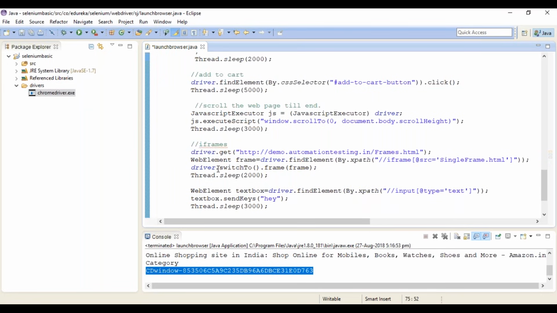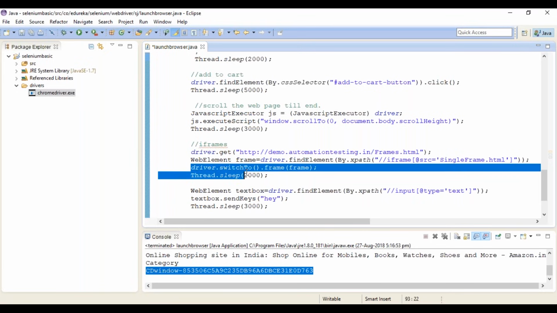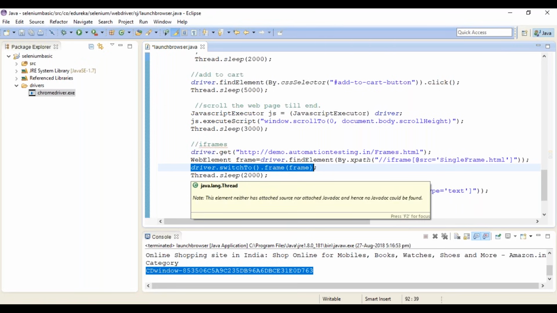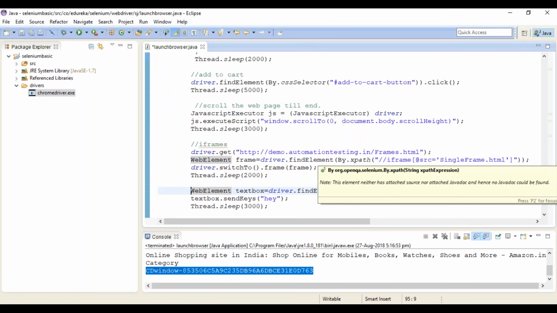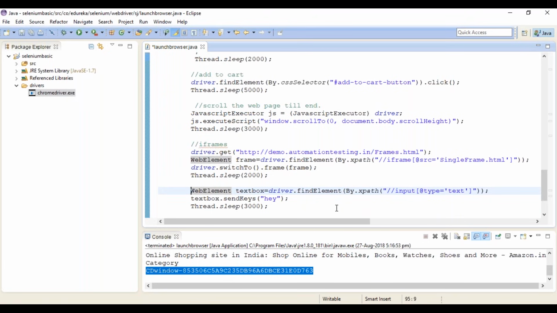Once I identify the frame to which I want to shift control to using the XPath, I'm going to switch to. Similar to the tab switch, I'm going to shift also to the frame. Switch to frame. So identify it and then switch it. So this part is done. Now I've shifted to the frame of our choice. And then inside the frame to which I've shifted the control to, there's a text box. And in that text box, I'm going to type in hey, only to show you that the control has been shifted from one frame to another frame. Then it's going to identify the web element using the XPath. First you identify the frame, shift the control, then you identify the text box which is there in the new frame. Again, I'm using XPath to identify it, and then send keys hey.